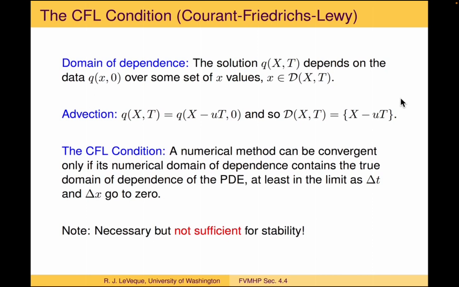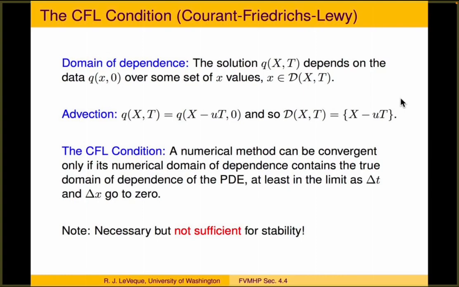So associated with this idea of the Courant number, there's something called the CFL condition, which came out of this same paper by Courant, Friedrichs, and Levy, which is really a necessary condition for stability. And a more general way of phrasing it, that applies also to the advection case we were just thinking about, is that if we look at some fixed point X, T, the true solution at that